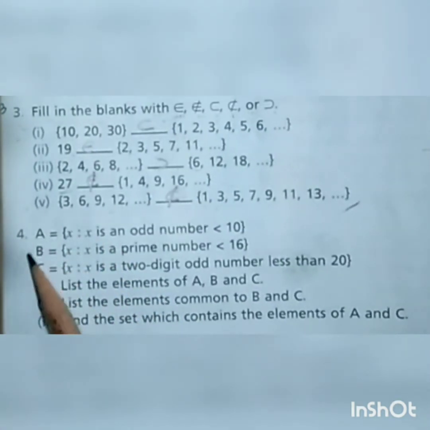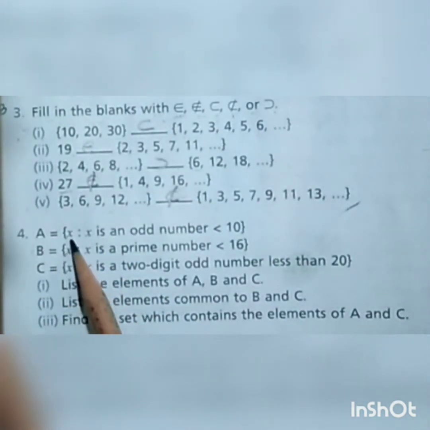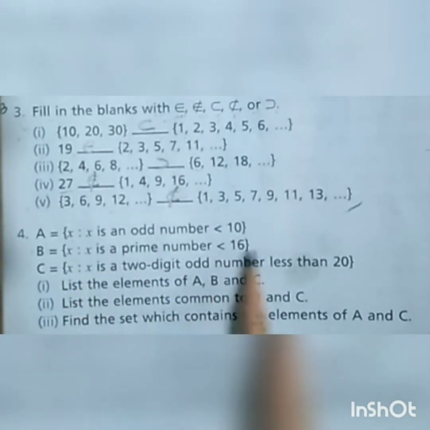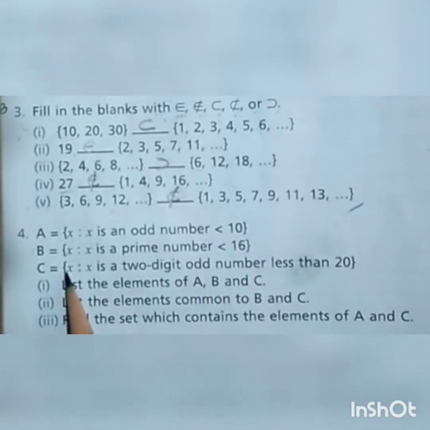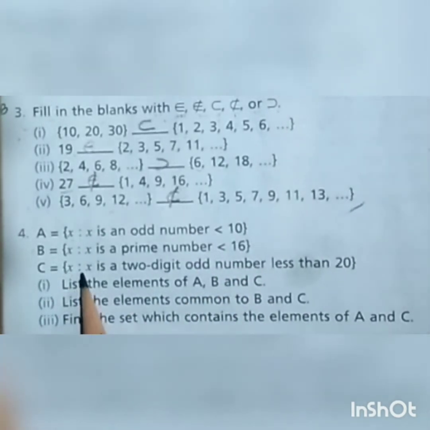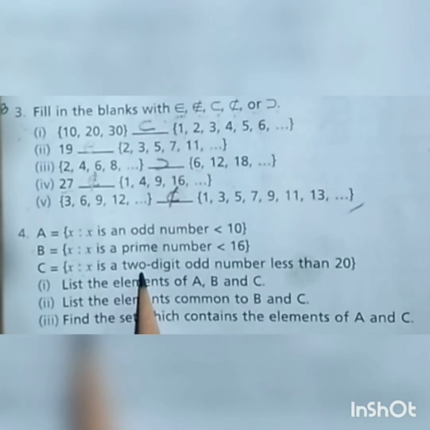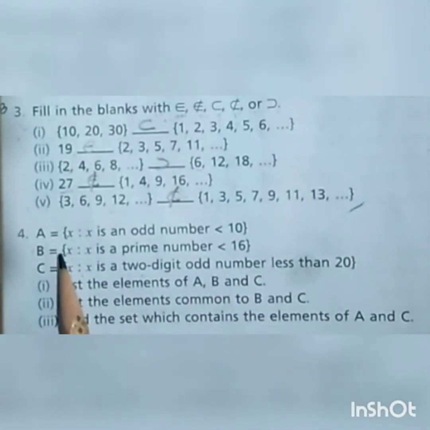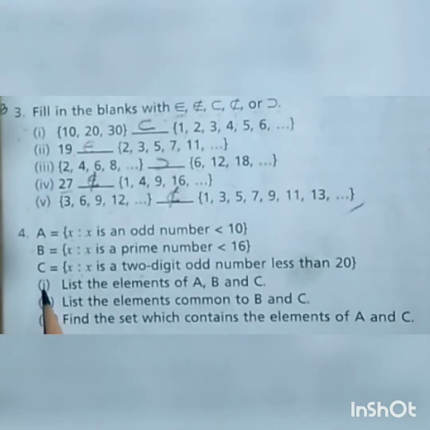Let's move towards question number 4, that is, if A is equal to the set for all x such that x is an odd number less than 10, B is equal to the set for all x such that x is a prime number less than 16, C is equal to the set for all x such that x is a 2-digit odd number less than 20. So first of all, from these given sets we have to find